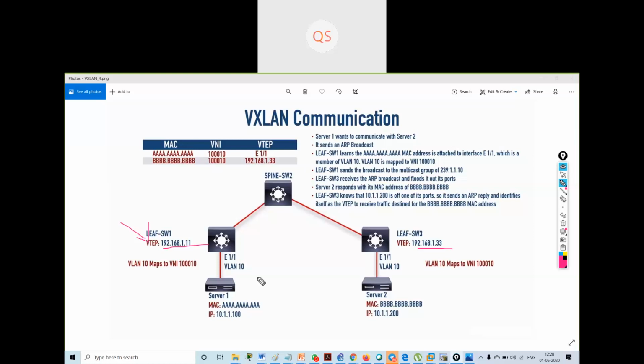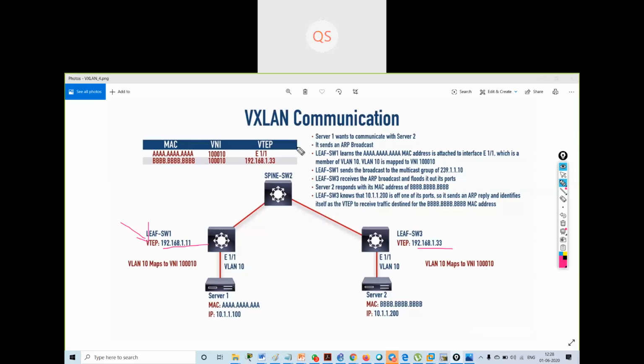But it is not that a VNI belongs to only one VEM. The VNI can belong to multiple multicast groups. And VNI stands for virtual network identifier.